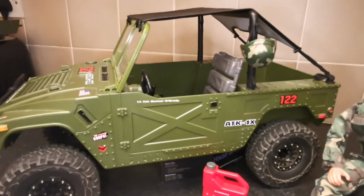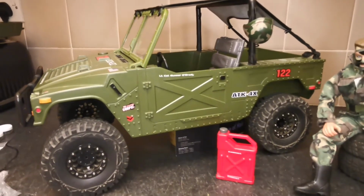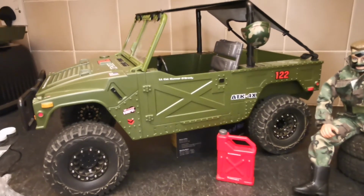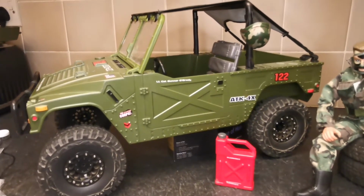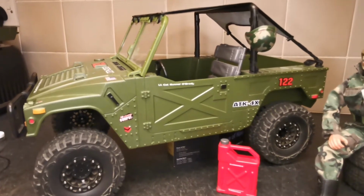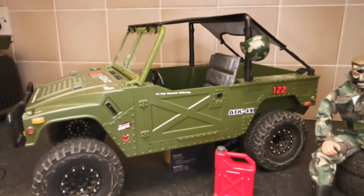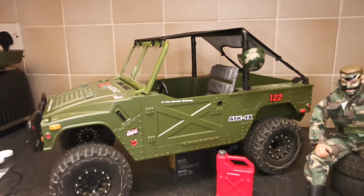It is going to be running a Prefix Fuel gearbox, but I'm not going twin motor this time. I'm only going for a one motor build, but I've gone for a 550 can. That's a 35 turn, so a 35 turn 550 can. I've also got some magnet jackets for it, just for a bit of extra added oomph,